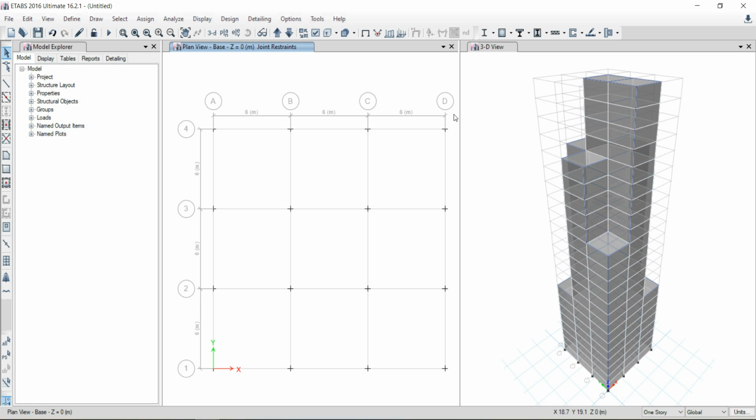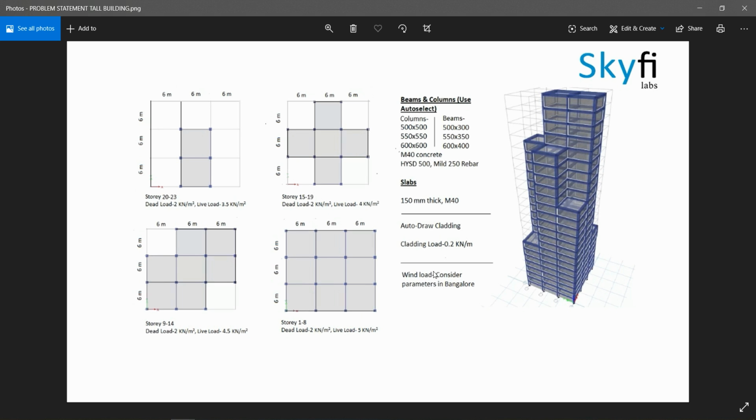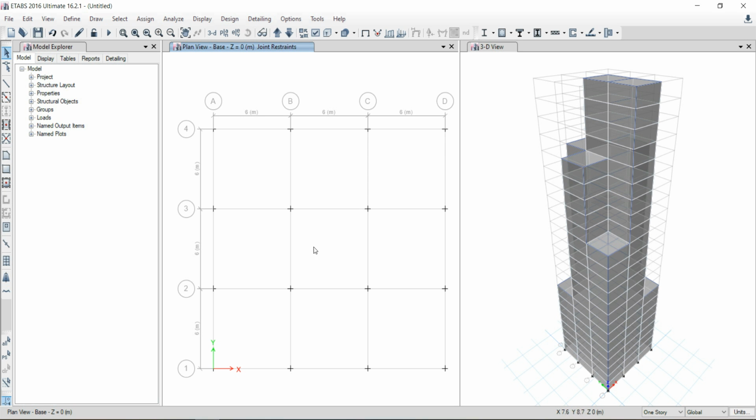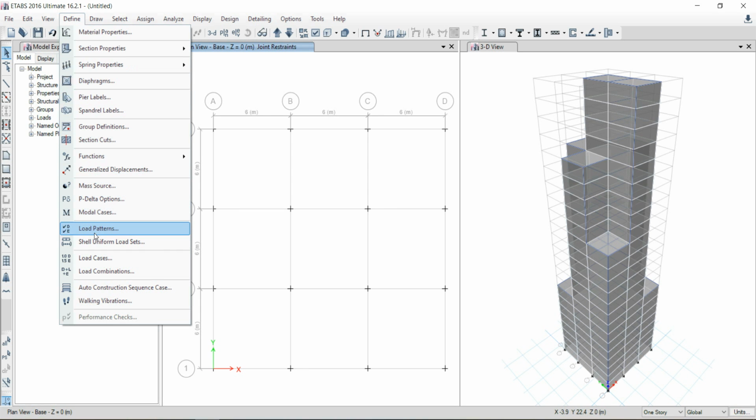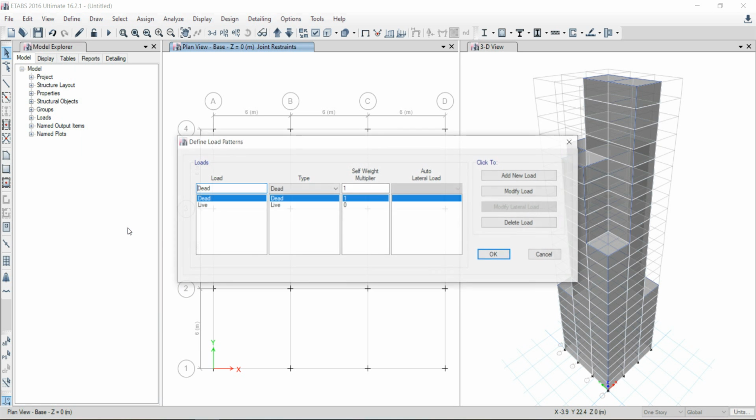Now we have applied the dead loads, live loads and the cladding loads to the building. Now we'll apply the wind load. So first we have to define the wind load. So we'll go to define, select the load patterns, type wind in the load option.